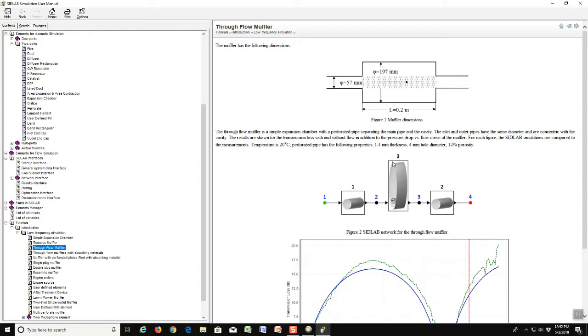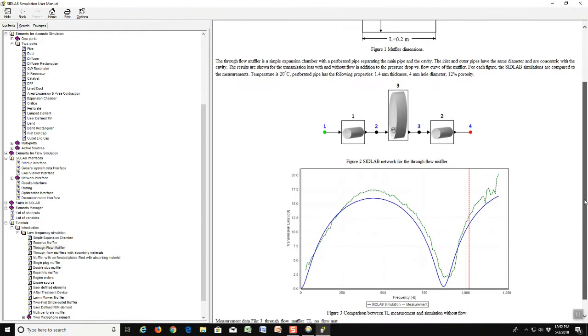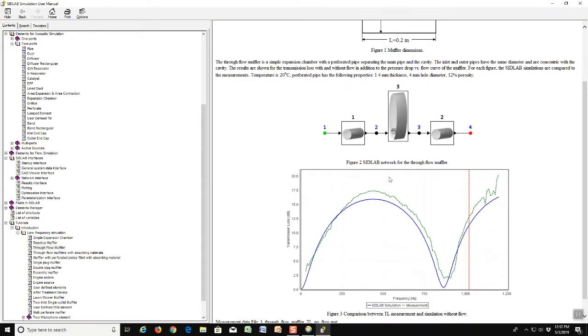But you could also connect it up here if you had reason to do that. In the upcoming tutorials we will show that. So this is how you would model that. And the behavior is very much like a standard expansion chamber. You see these lobe type behavior that a plain old expansion chamber would do, even if it did not have a perforated pipe